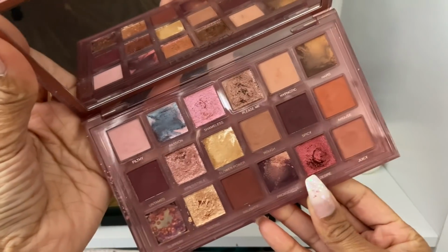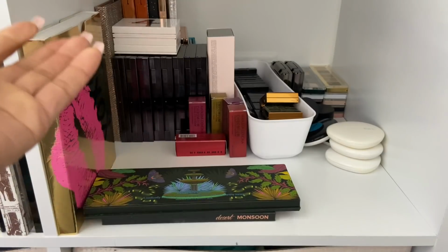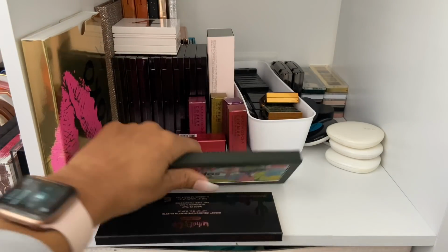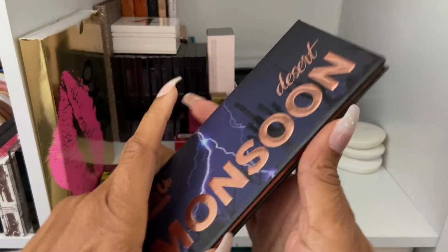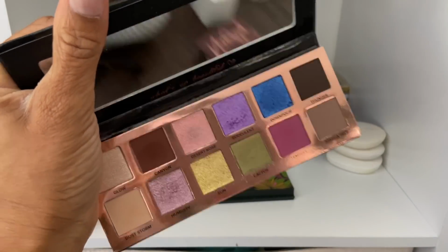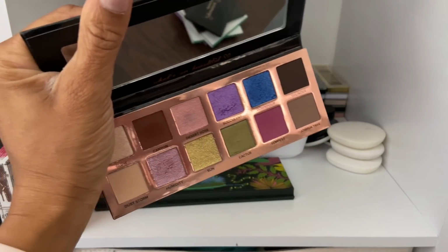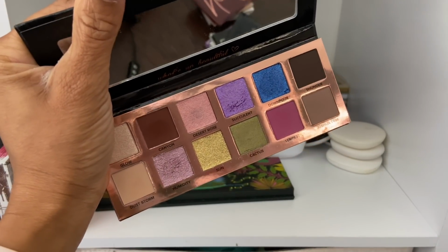I do like it. It's a beautiful color story, and the shadows are actually really nice in this one. I have this one by What's Up Beauty, and I'm gonna declutter this one. I think I used this palette one time. There I go in my pajamas. It's okay. It's not bad, but